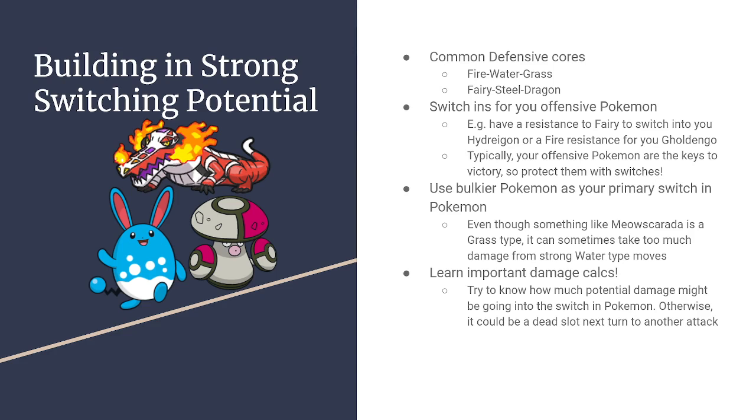And speaking of which, one good way to think about that is, what are your offensive Pokemon? What Pokemon are usually your keys to winning a game, doing the most damage, since knocking out Pokemon is the goal. Think about what that Pokemon is weak to, and then get a bulky Pokemon that switches into their weaknesses really well. That way you can conserve that Pokemon for that later damage dealing that will win the game ultimately. So for example, if you're using Hydreigon, make sure to have a Fairy resistance or a Dragon resistance, so a Steel type is really good, because it resists both of those,